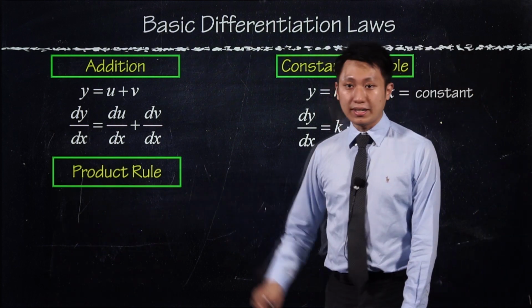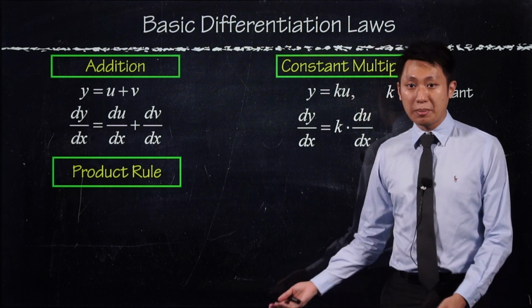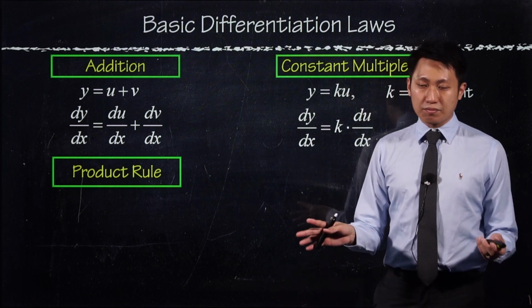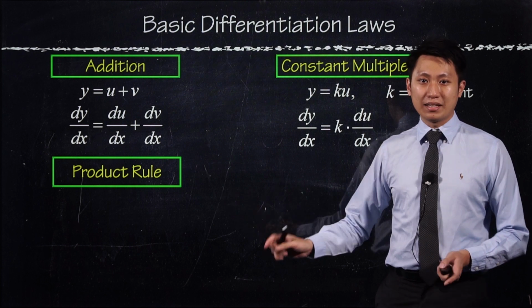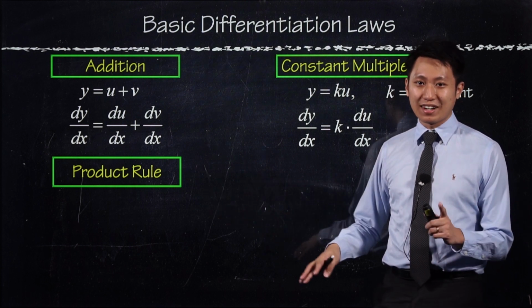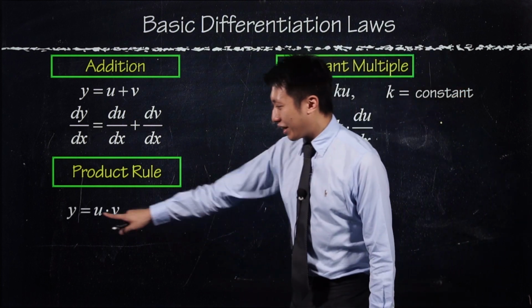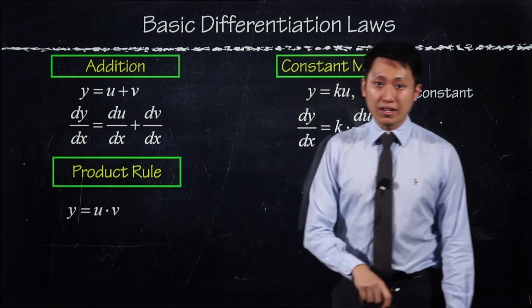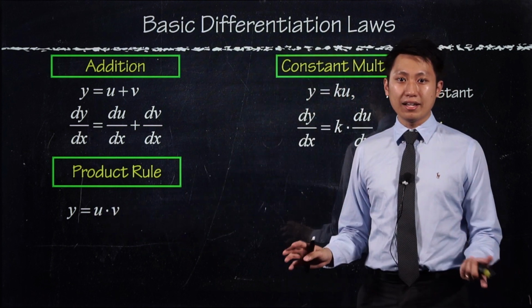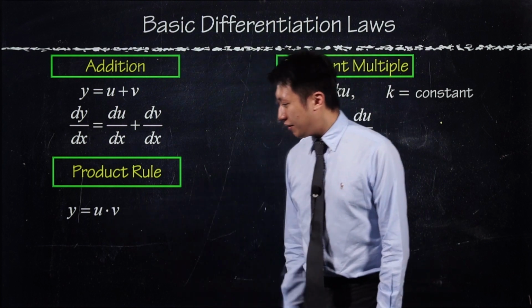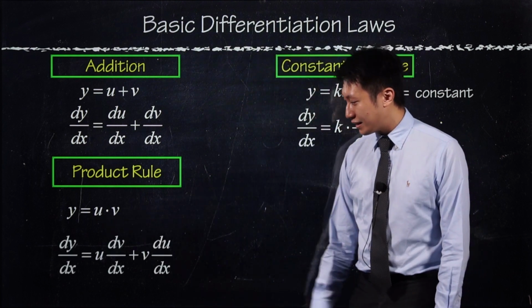Okay, the first one is called the product rule. You have to remember this. Whether the formula is provided or not, that's another thing. But this one you should remember for the rest of your life. Okay, y equals u dot v. U dot v means u times v. Then dy/dx is equal to